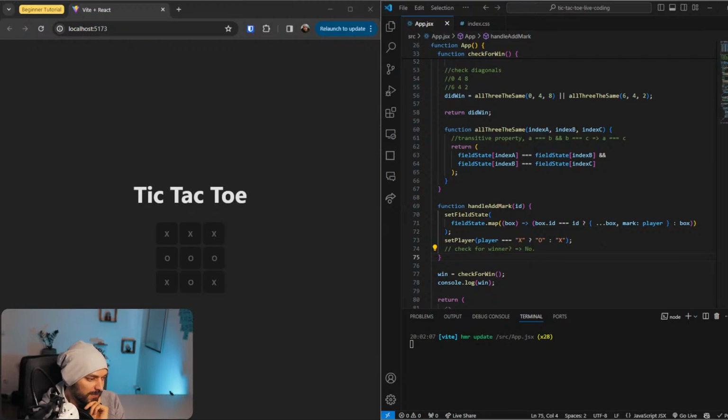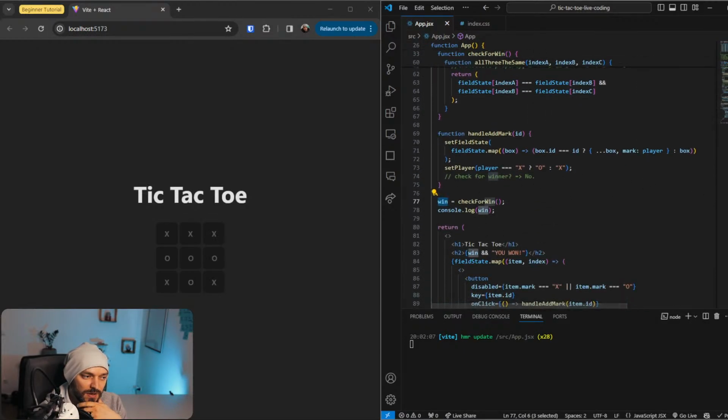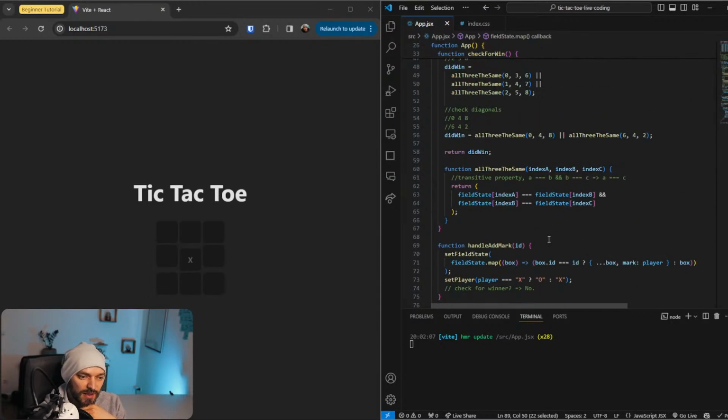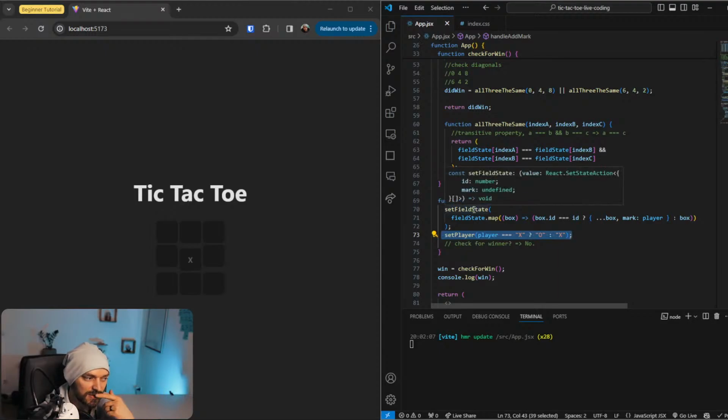When am I updating my variable win? That's the thing about state. Because I am clicking on a button, let's say this one in the middle. The button has an onClick event, which is calling a function called handleMark. And what handleMark does is it sets a state for the field and for the player. And that triggers a